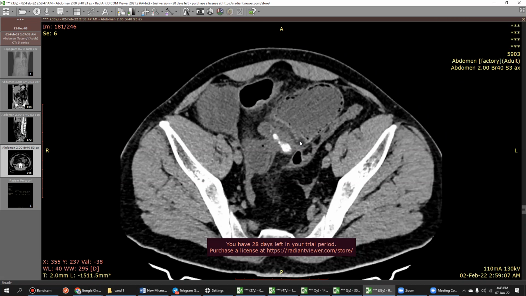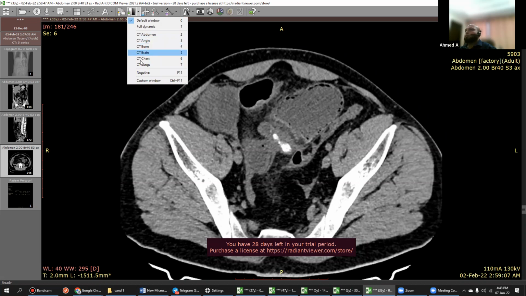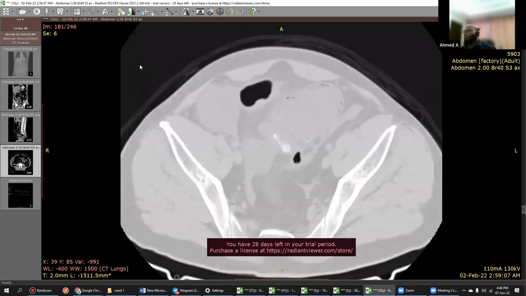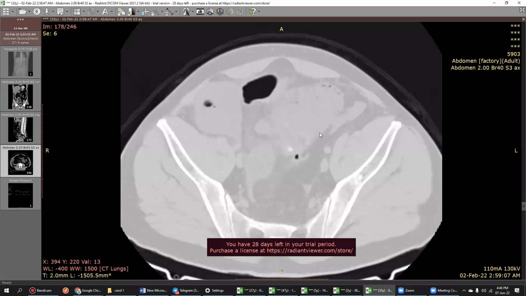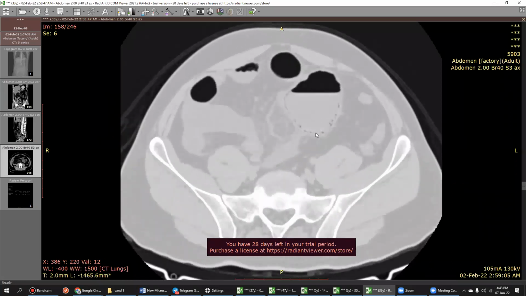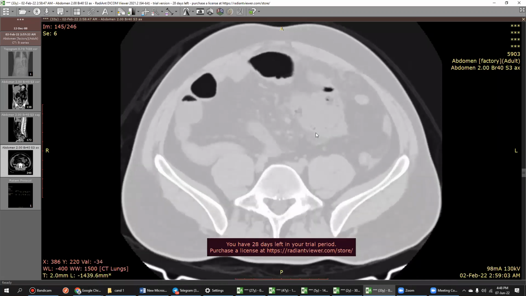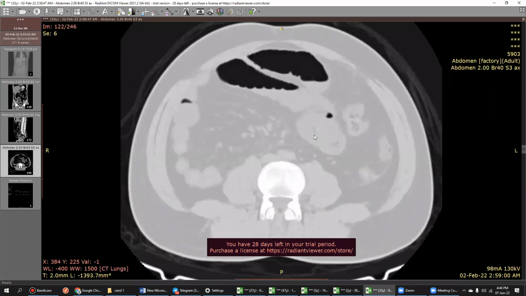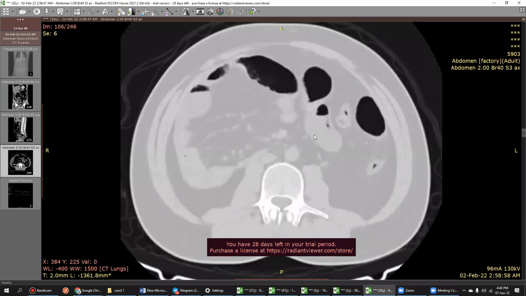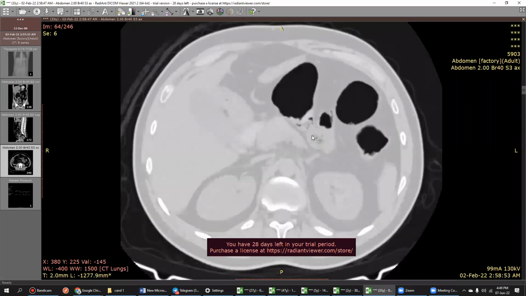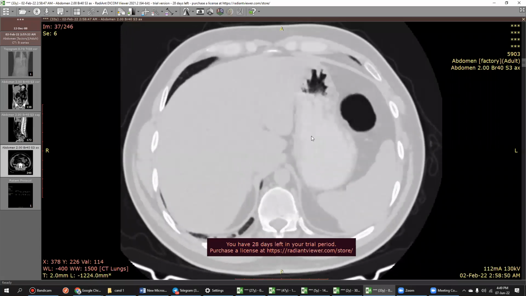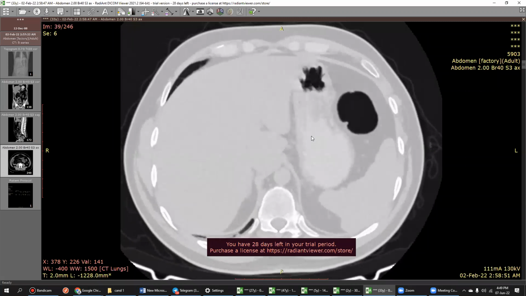So first, I would have to look on the lung windows to confirm if there is any focal area of perforation. Need to rule it out. Okay, please see. I'll help you with it. Okay. I don't see any free air. However, pneumatosis is still there, and I'm just trying to have a look at the rest of it. I don't see any evidence of portal venous gas or any pneumobilia.